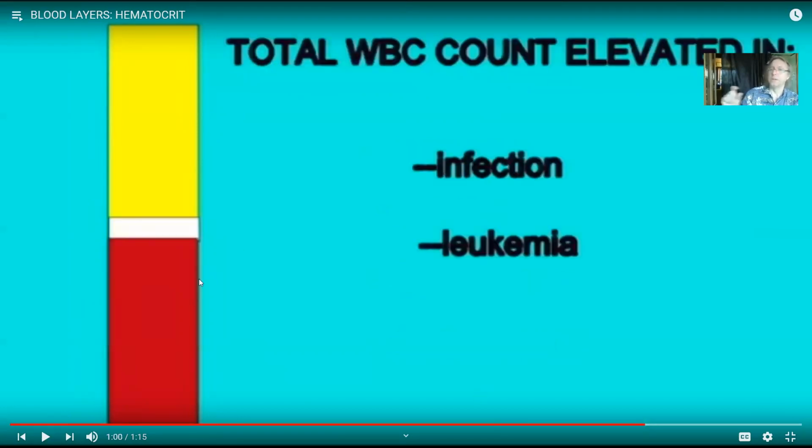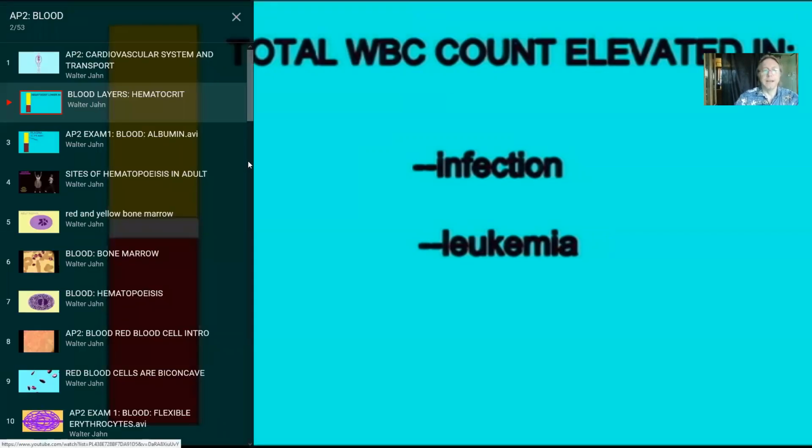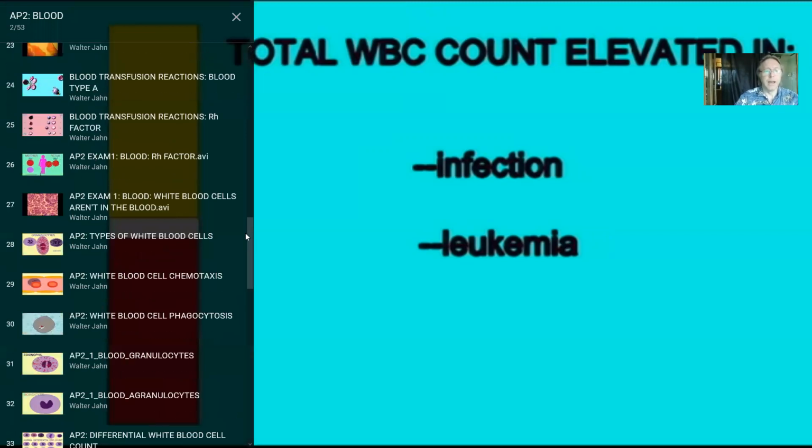In the same way, when you spin down the blood, the buffy coat can be thicker than one would expect. While a differential white blood cell count is when you count the neutrophil percentage versus the eosinophil percentage, and you can say, aha, the neutrophil count is higher than expected, this might be a bacterial infection. You can also do a total white blood cell count, where you're just asking in general how many white blood cells there are, and a total white blood cell count would be elevated if, say, there was an infection or